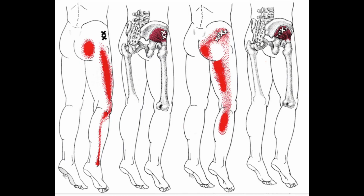and this one, the gluteus minimus, can refer pain into your calf, is a really important one to understand, because you might suddenly be having this weird calf pain and you're trying to take care of it and nothing is working. And it might be that nothing is working because you're not actually reaching for the actual cause and attending to the actual cause. Gluteus minimus, it will refer to the calf, and it will also refer into the hamstring,